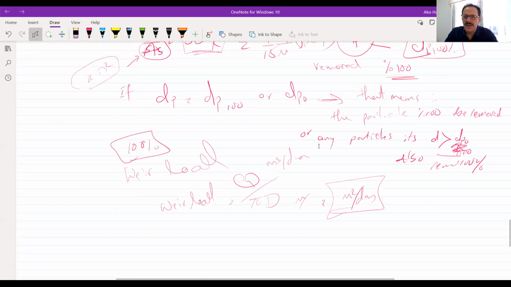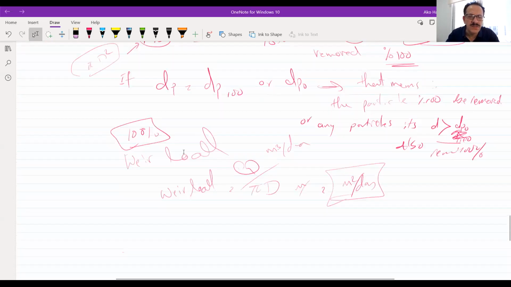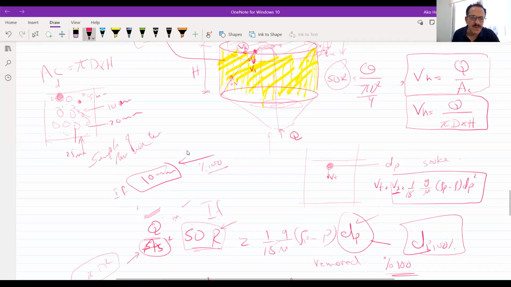In case we don't have, for example, we said that we have particles that are small and greater. For example, if the d particle was 10, what about the fall of the 5 millimeter diameter solids? Are they not removed 100%? They are not removed 100%, but they also have a velocity which is smaller than the Vs naught, but still some of them will settle in another way, and we will find it in a ratio.